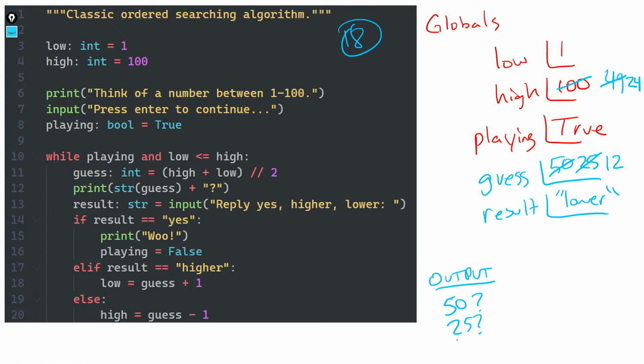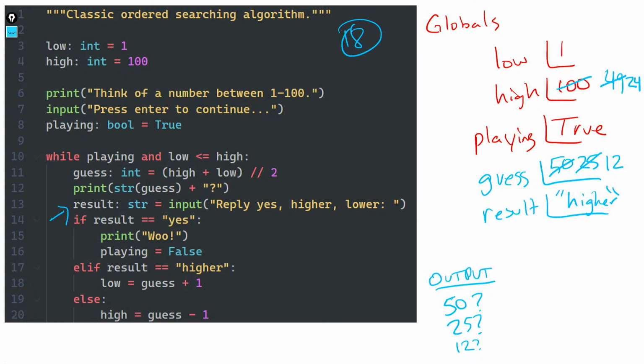So we guess that number, 12. That's what the computer prints to us. And now we're going to respond higher, right? So when the computer says, is it 12? No, we're thinking of a number that's higher. So our result is going to be higher. And I'm just going to replace lower with higher here. I could have crossed it out and rewritten it below, but for space purposes, I'm just erasing, right?